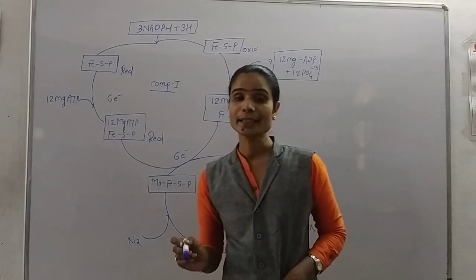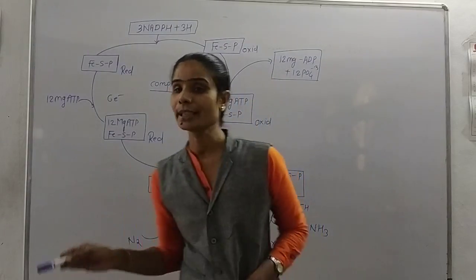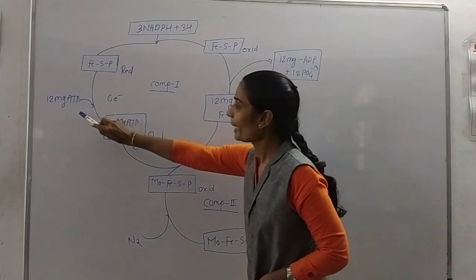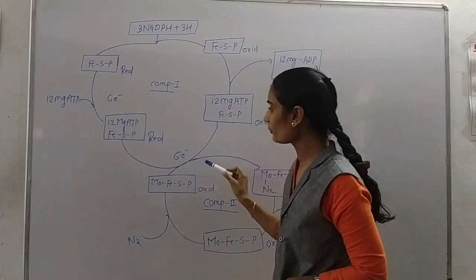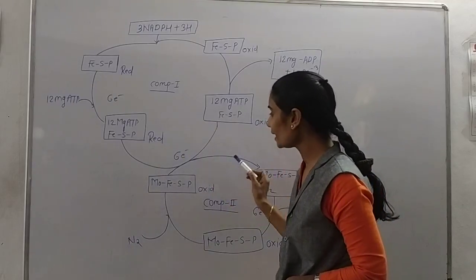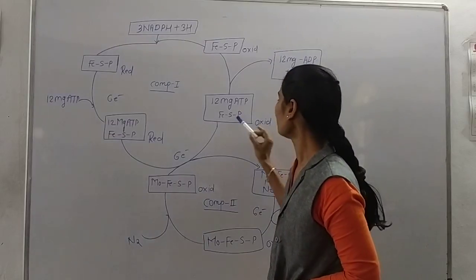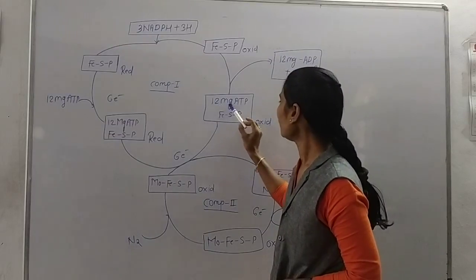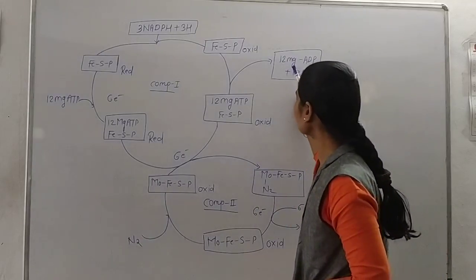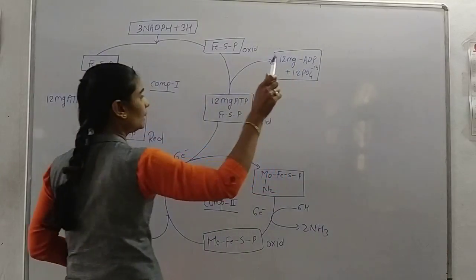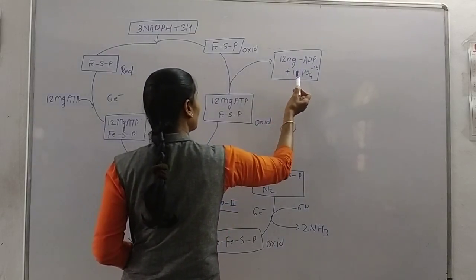And we also know that when we give electrons, oxidation happens, that is the oxidized form. When this 12 magnesium ATP is added to the iron sulfur protein in the reduced form, again this ATP releases 6 electrons and this reduced form is converted into the oxidized form, that is iron sulfur protein 12 magnesium ATP in the oxidized form, and again this 12 magnesium ATP leaves the system as 12 magnesium ADP